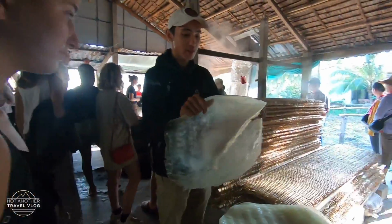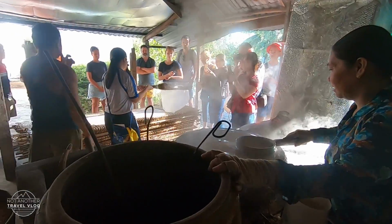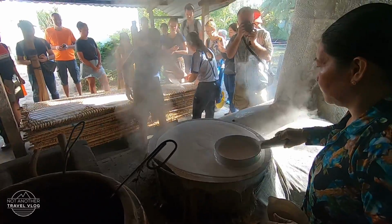The rice paper, it's already dried. See, it's very tough. Wow. Because of the tapioca. Tapioca and water, tapioca is only 20% and the water